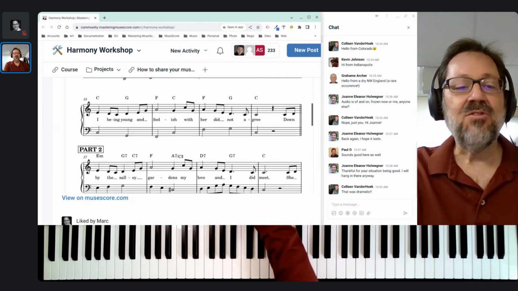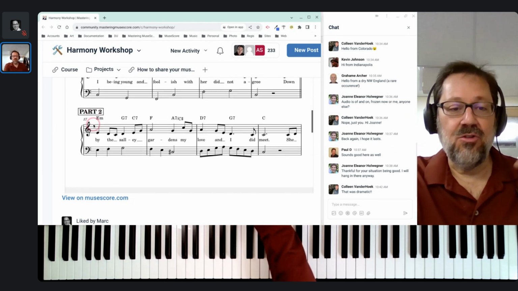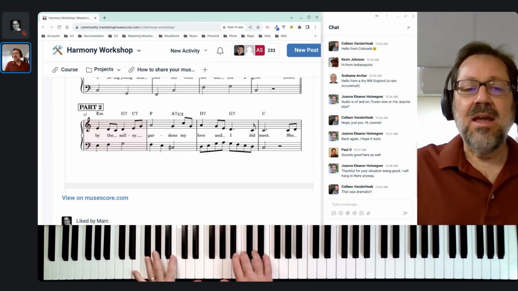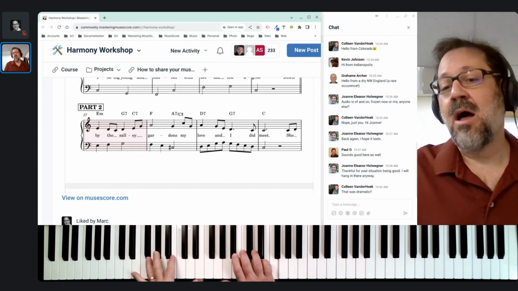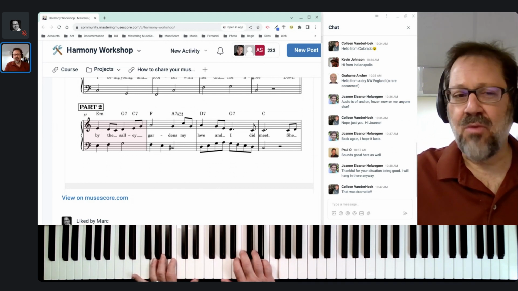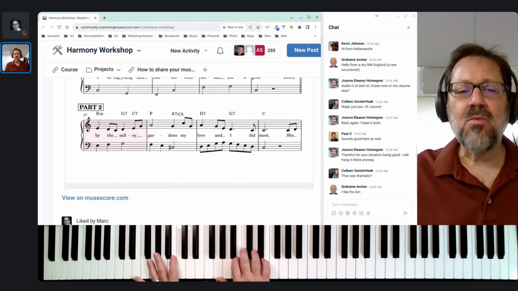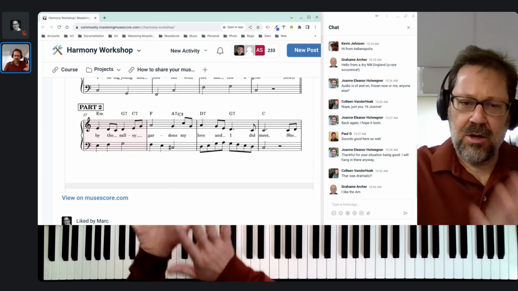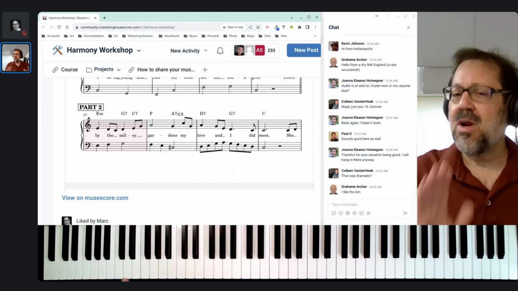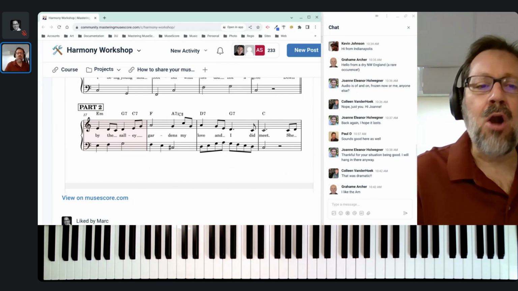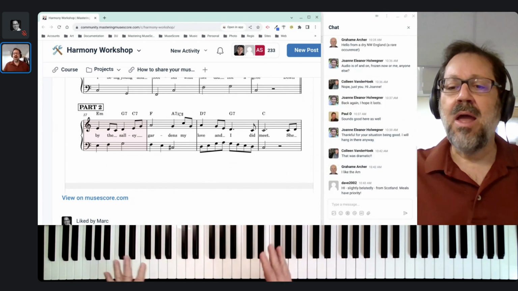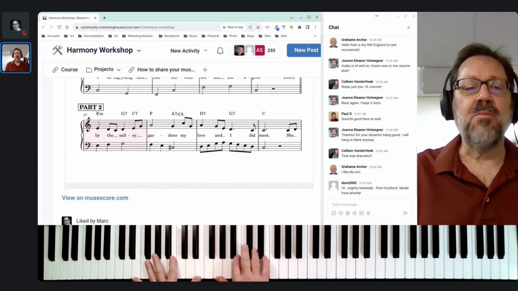So one thing he has done, when he says part 2, this is his reharmonization now using secondary dominants. He's elected to start the piece not on a 1 chord. And that's fine. You're allowed to make that substitution right off the bat if you want. Now, I'm not going to read his piano counterpoint and so forth in there. I'm just going to go off the chords, because that's what I want to focus on here: are we choosing the best chords? And then once we've chosen the best chords, then we worry about how to arrange them. So I'm going to play off his chords.